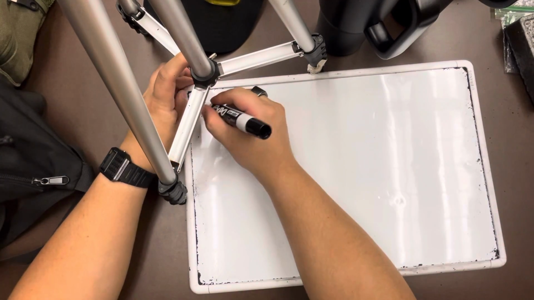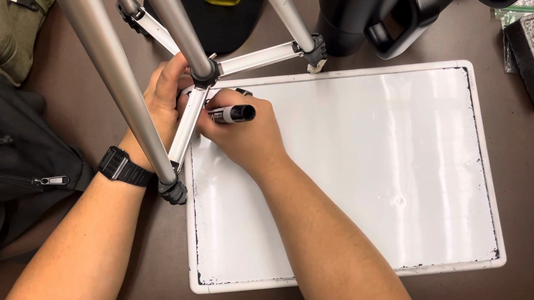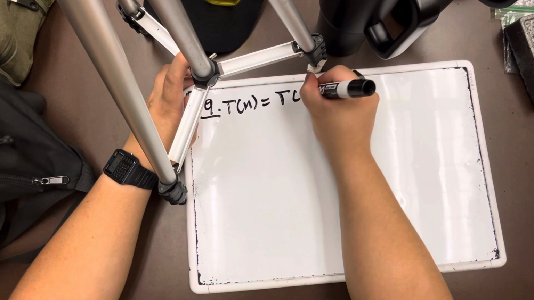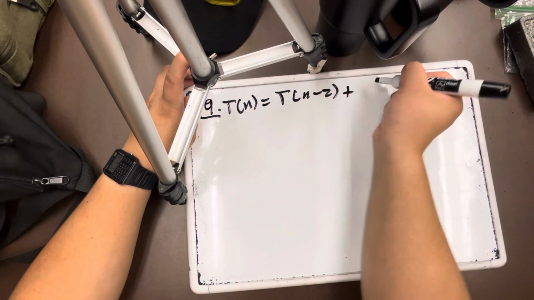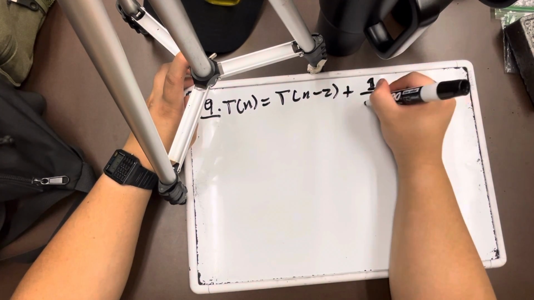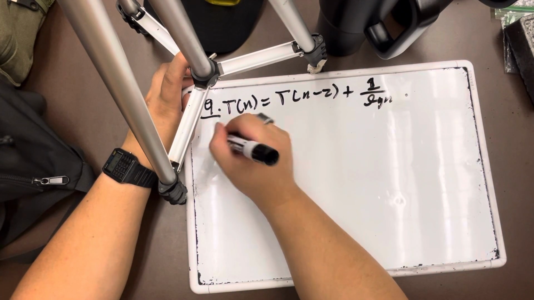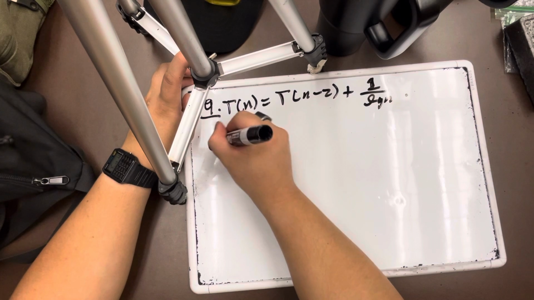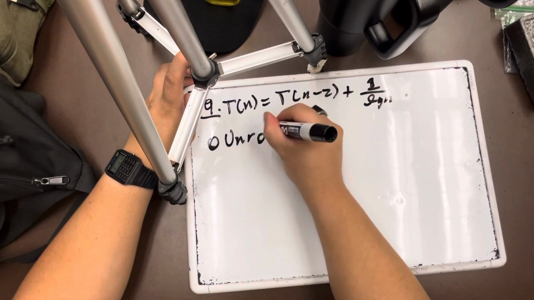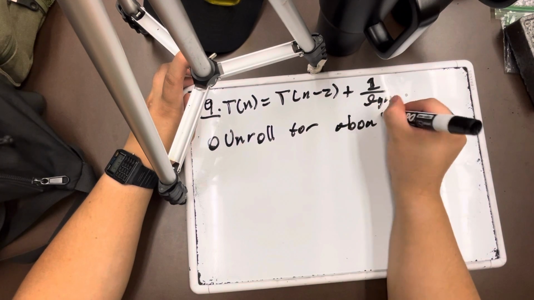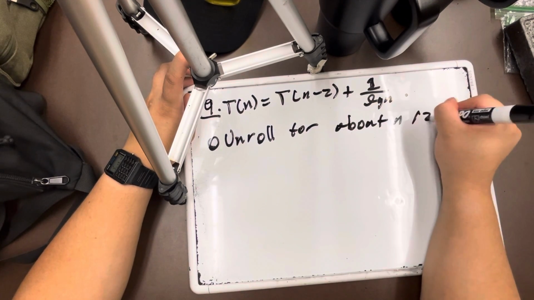part 9. For part 9, we have T(n) is equal to T(n-2) plus 1 over log n. So that's what we have for part 9. Let's unroll for about n divided by 2 terms